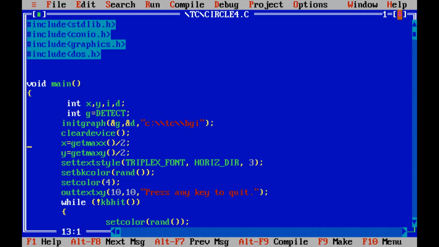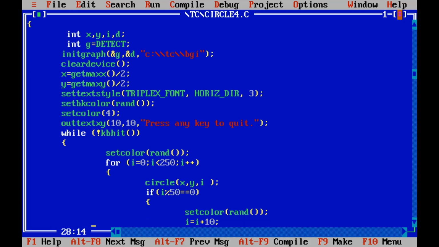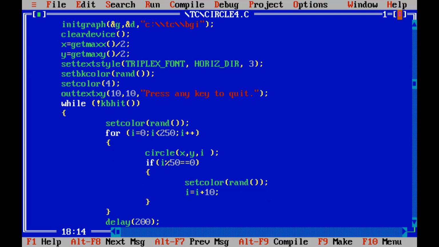Here again we are setting the style for printing the text, and then we are printing a message to press a key to stop the program. Again we have a while loop that will run until we press a key. Then we are setting a random color to print the circle, and then we have set up a loop that will print the circles.